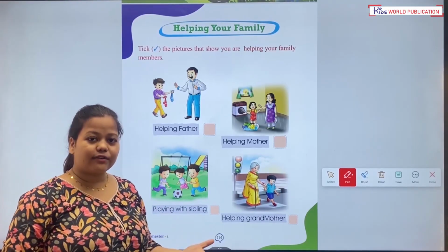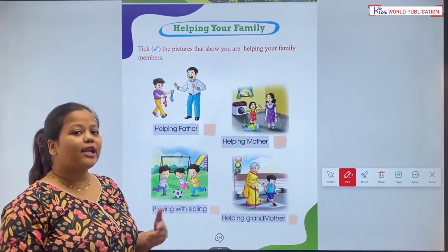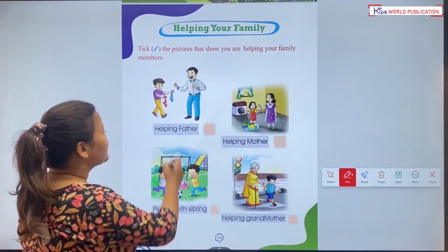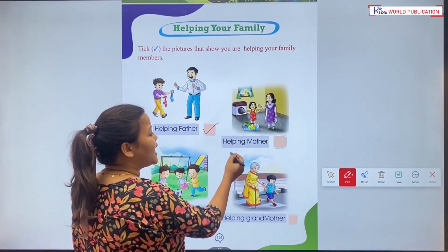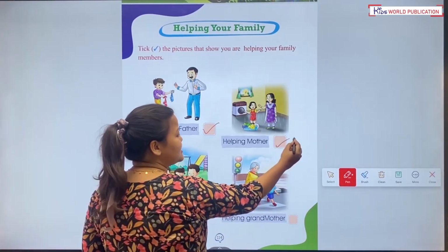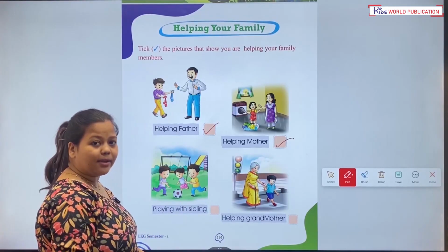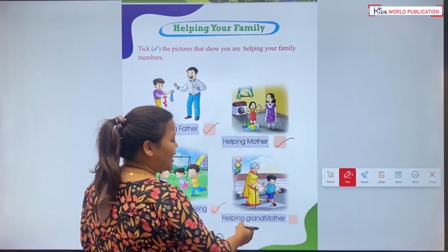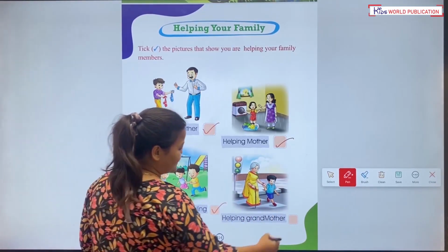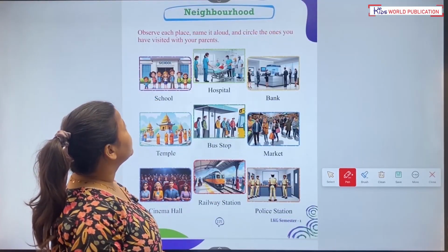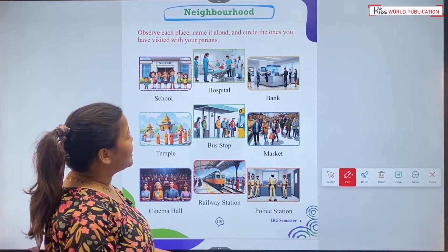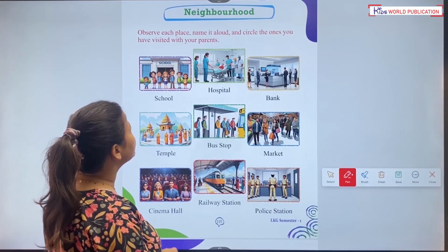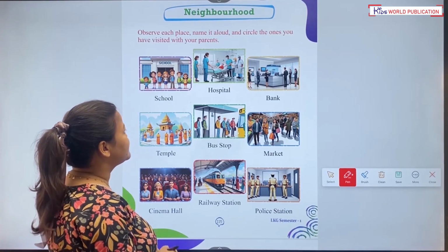You will take that activity which you do to help your family members. Helping father? Yes. Helping mother? Yes. Playing with siblings? Yes. Helping grandmother? Yes.